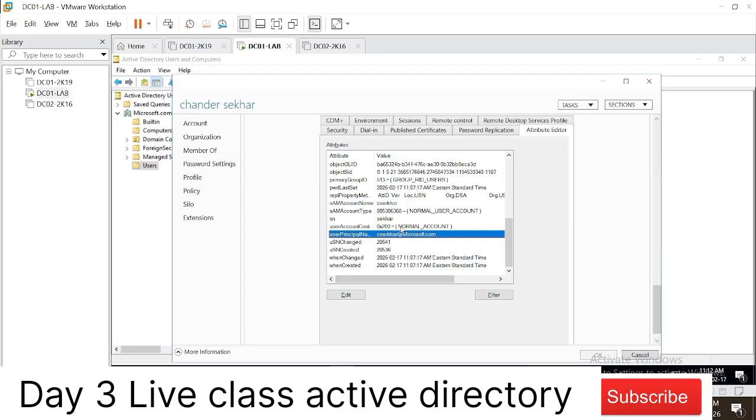So we went to Microsoft and told them that this application is not working. Microsoft did the analysis for almost 7 days and came up with a solution: this attribute does not exist, so we have to create it. So we went and told our schema master role, buddy, whenever we create a new user, we want this attribute also to be created.